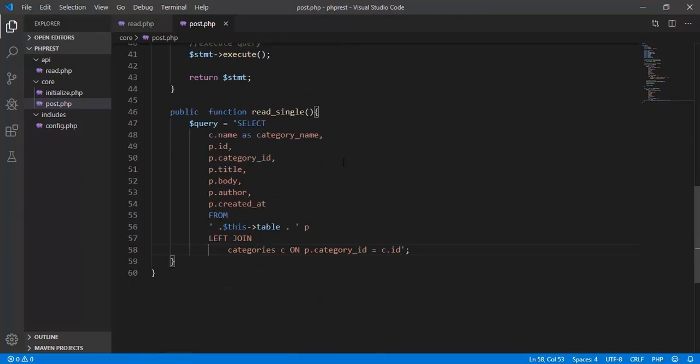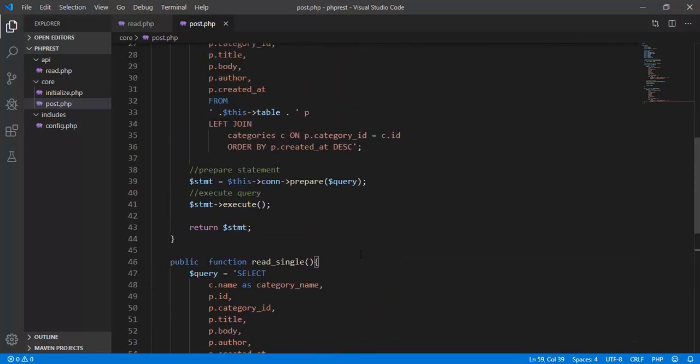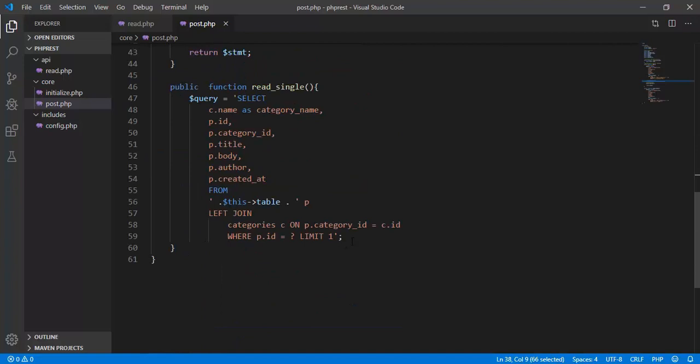And of course we want to get a single post, so we need to specify that it should be a particular ID, and of course we need to limit the return of this query to 1 because we only want a single post to be returned. And here we also need to prepare the statement for this particular function. So that's prepare statement,